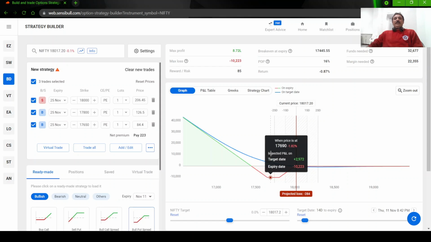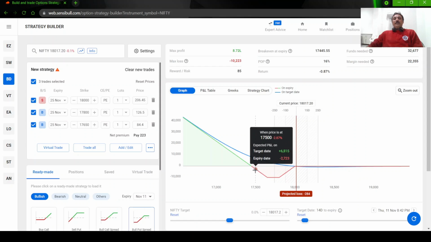Don't go by the number, right? You are having a bearish view. The break even needs to be higher for you to make profit. If it goes lower, it will take time for you to make profit. Okay. So when you increase the width of this strike, from 17,800, 17,700, you are having 150 points now. Before it was only 100 points. So now it is 150 points. When you have 150 points, your loss will get reduced, but your break even will widen. I don't say increase, the break even will widen. So you will have to wait more time for the market to come and hit this. Before it was here, but now it is here.